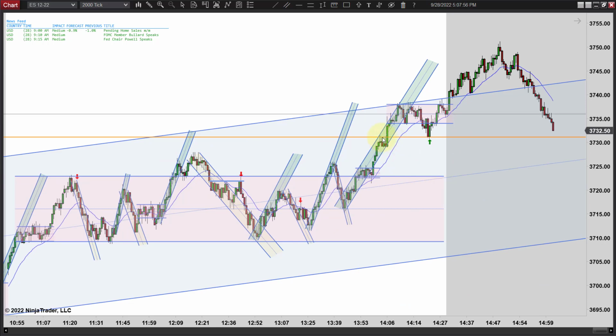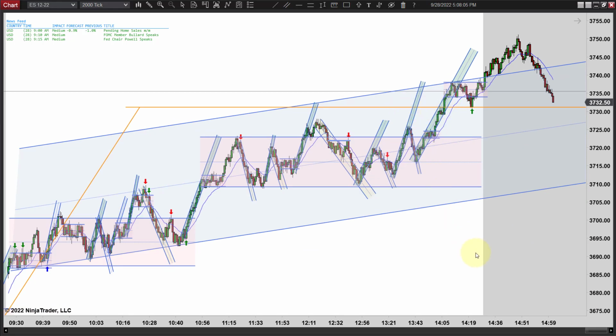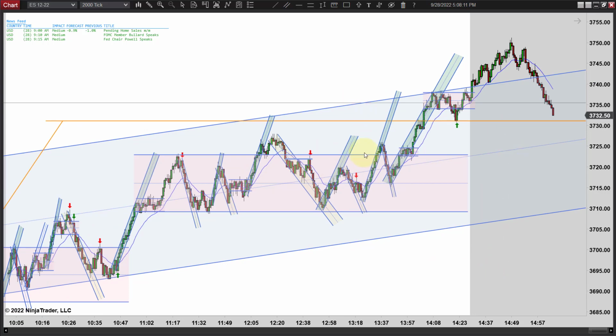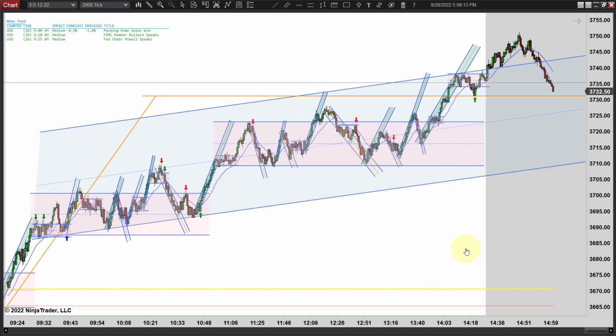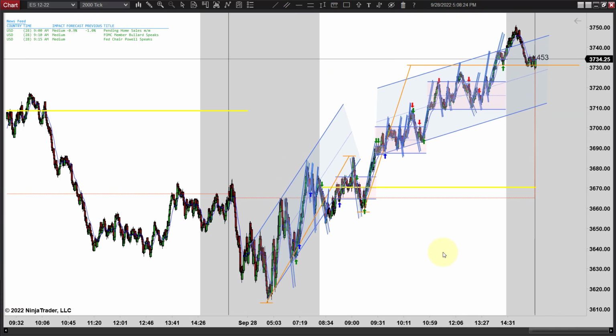Notice where we found that resistance at our measured move. That would probably explain why, right in the middle of nowhere, you suddenly see this resistance. You can see it's right at our measured move. And then notice it comes back and tests that before it goes higher. More evidence that that measured move was probably correct. I wasn't the only one seeing that. There's some reason you were finding support and resistance in that area, and you can see it right along here too. And it's probably the measured move.